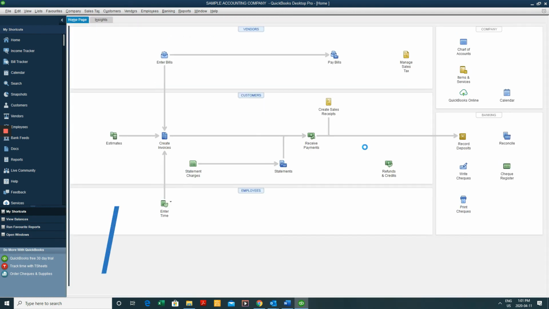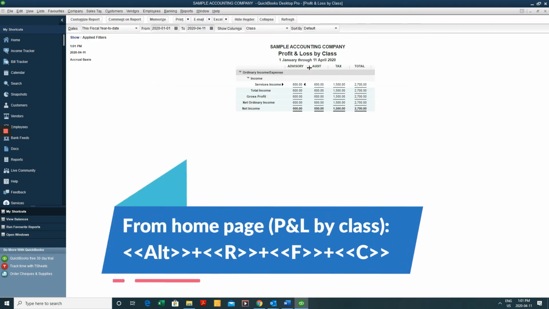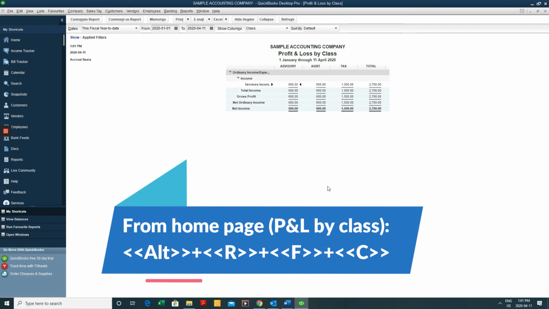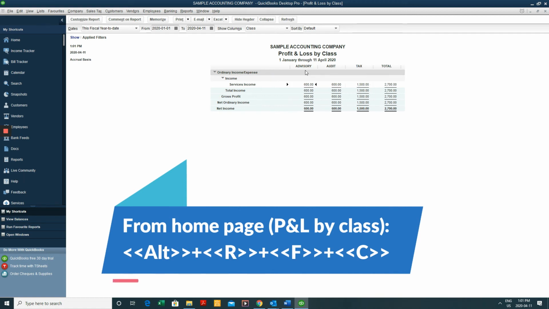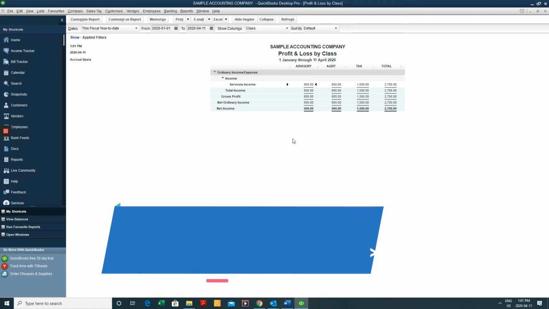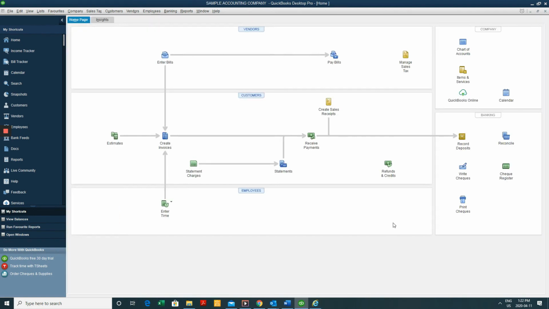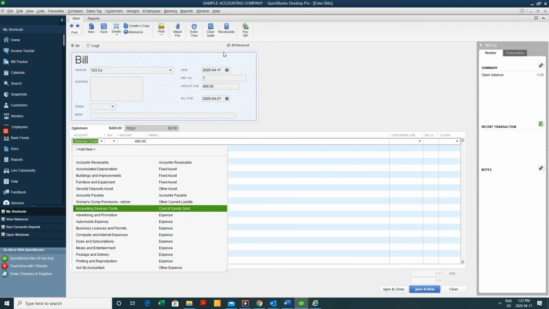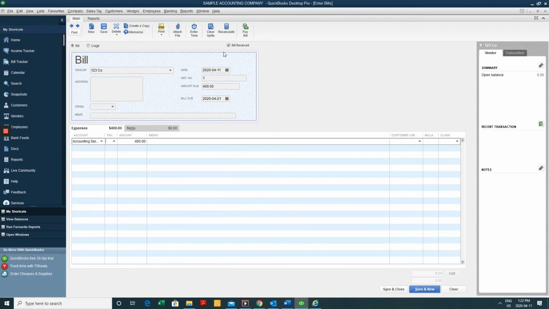After doing all that work now, I want to see what our P&L looks like. So you can do Alt R F C, and this is what it looks like. Much like our invoices, we're going to want to create bills to associate costs to the class. And this is just a simple case of creating bills like you would normally create any other bill. Just the whole purpose of this is just to have a bill for advisory, one for audit, one for taxation,